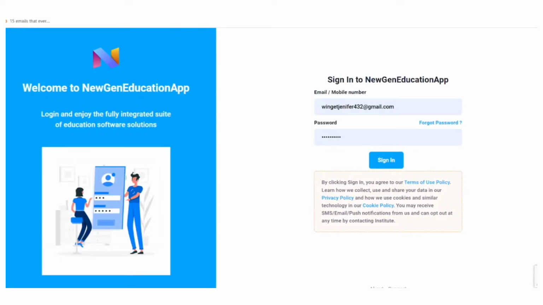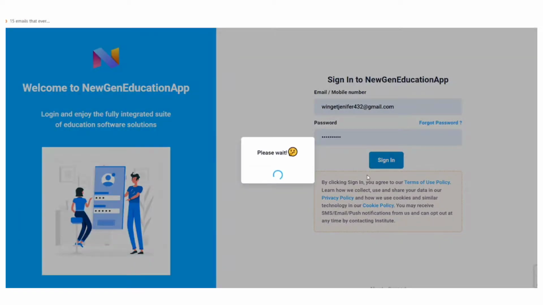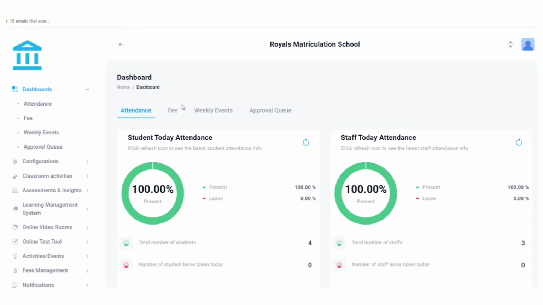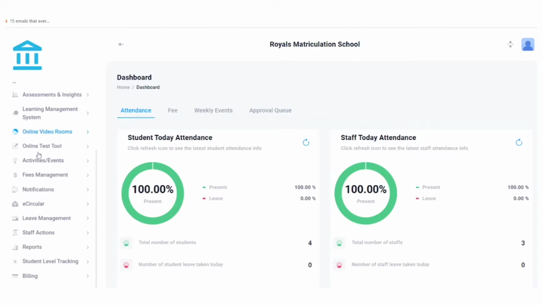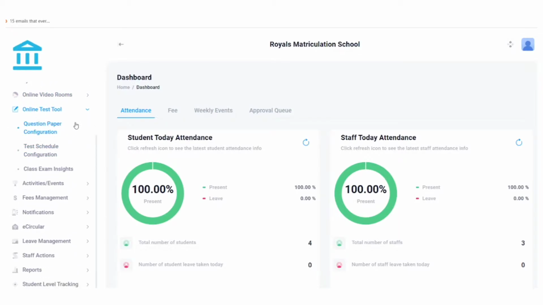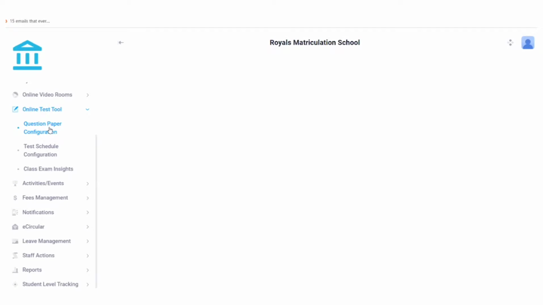Coming to the application, these are the login credentials of an admin. Click on sign in to log into the application. And now we're going to see how you can conduct an online test for a class. So to do that, go to the menu, click on online test tool. So the first step is that you need to set a question paper so that you can conduct any online test. So to do that, click on question paper configuration